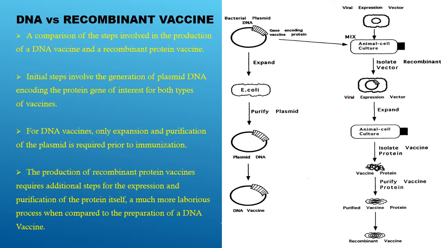Now talking about the DNA vaccine and recombinant vaccine. DNA vaccine and recombinant vaccine follow various similar things, but they are two different entities, and let's understand how they are different from each other. So here is a comparison of the steps involved in the production of a DNA vaccine and a recombinant protein vaccine. Initial steps